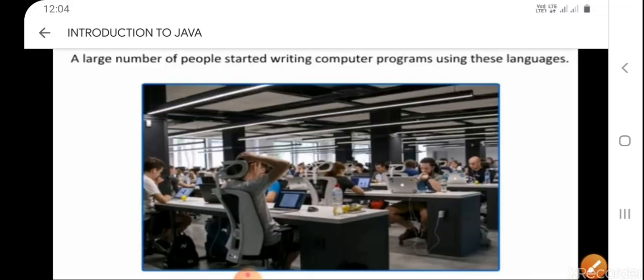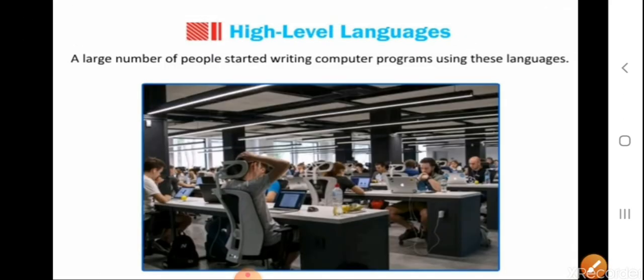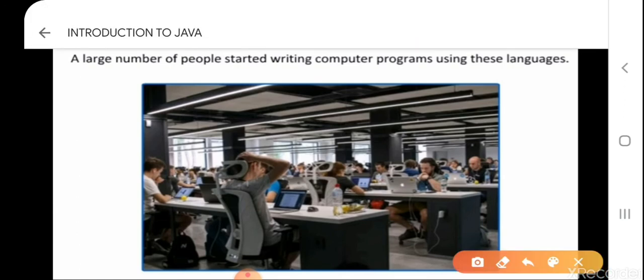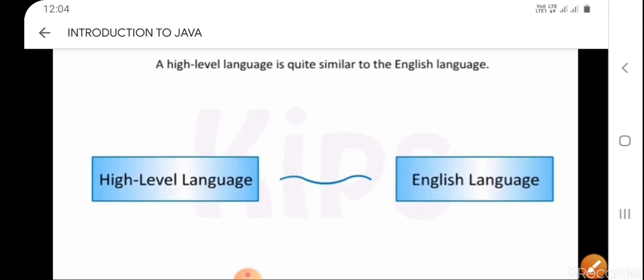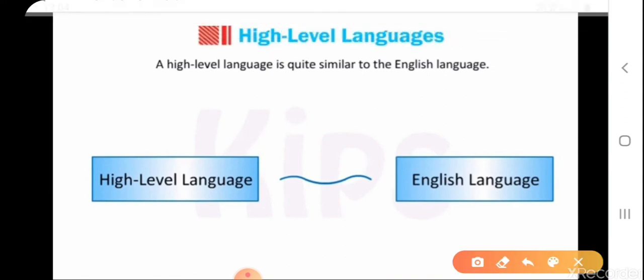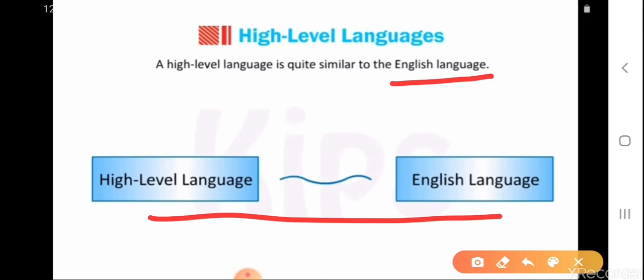When it became easy for people to learn high level languages, a large number of people started writing computer programs. A high level language is very similar to the English language. It is not exactly English, but it is very similar to how we write in English.